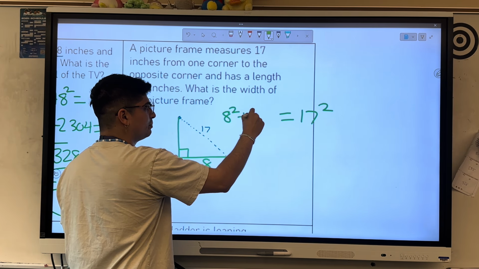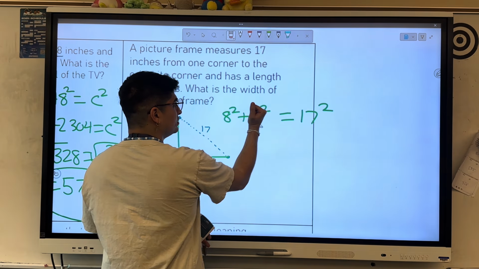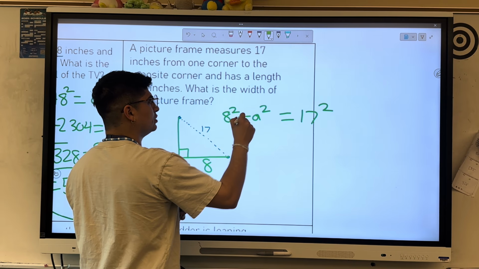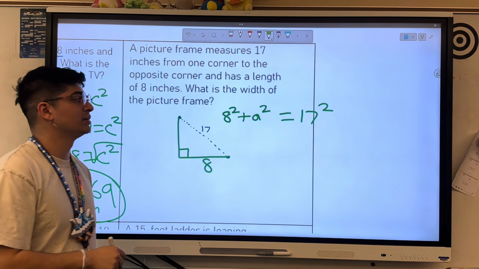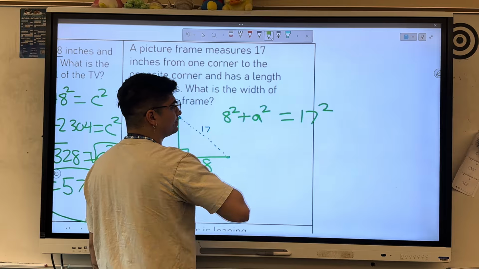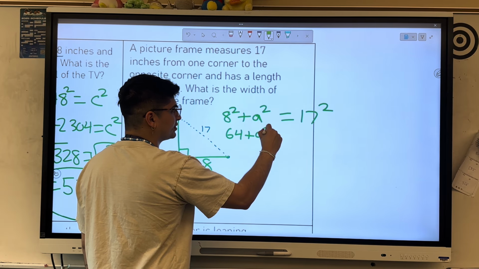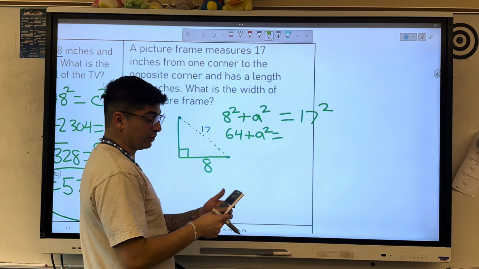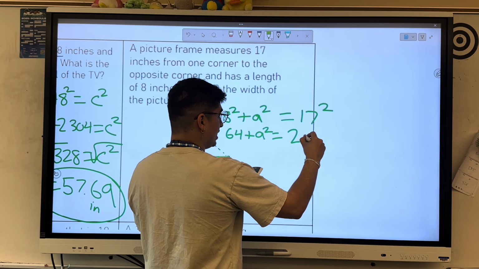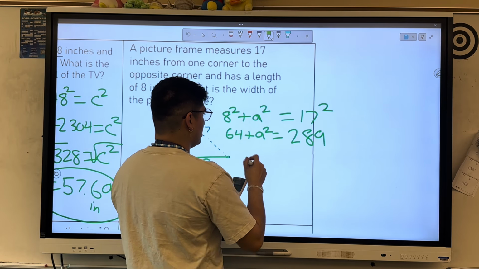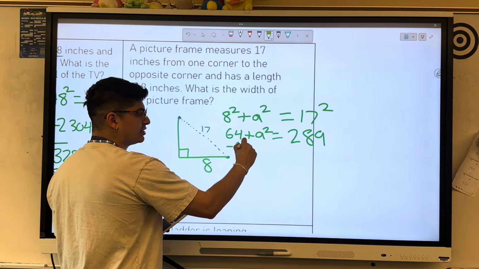So 8 squared plus B squared, or if you really want to, you can make it A. It doesn't really matter, because it's the legs. We just want to find out what the other leg is. So let's say we are solving for A. So let's do 64 plus A squared is equal to, I don't know off the top of my head, what is 17 times 17? It is 289. And again, I'm going to be solving for A squared, so I'm going to subtract 64,